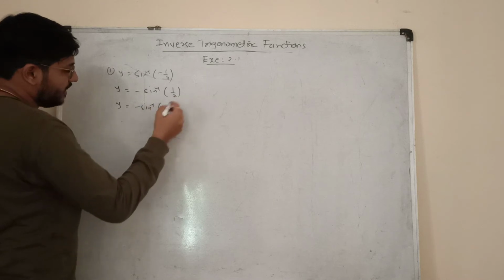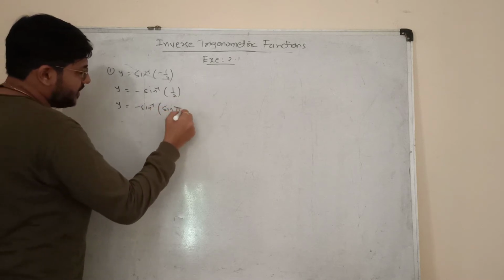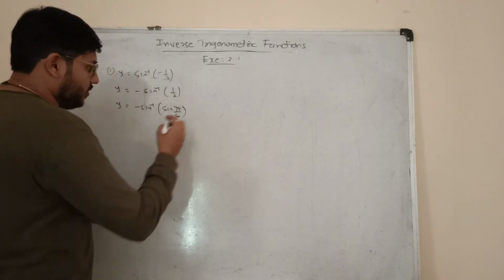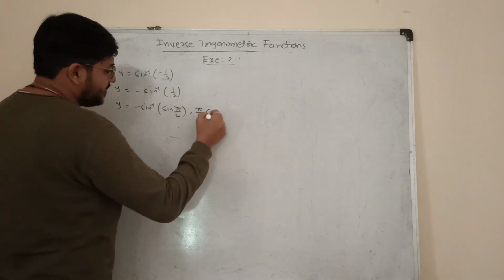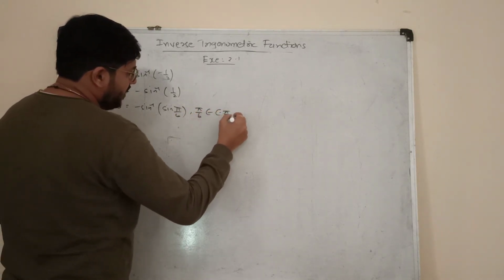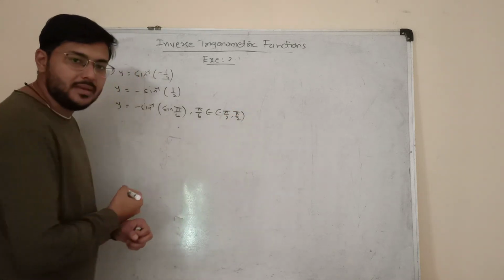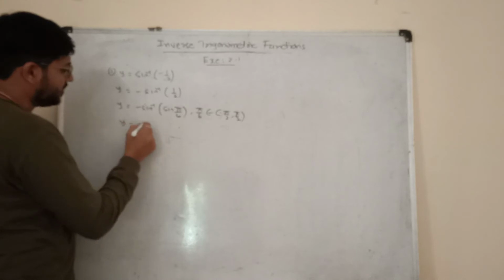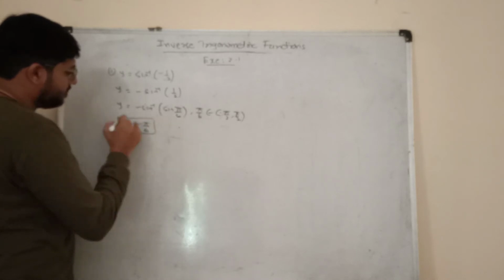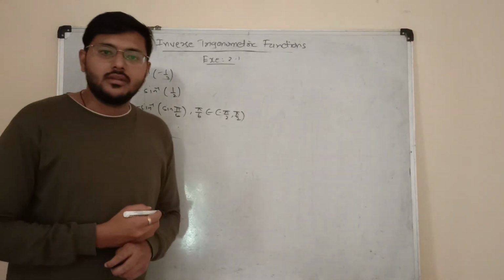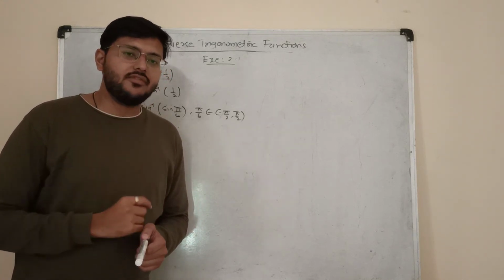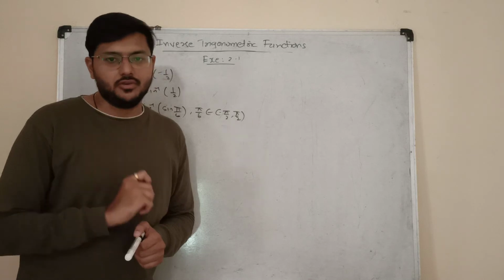Or instead of writing the direct answer, we know that it's pi by 6, sin pi by 6 for the 1 by 2 value. The only reason I need to put pi by 6 is what? Pi by 6 is between minus pi by 2 to pi by 2. And now according to the property, inverse and function cancel, hence your answer is minus pi by 6. Right? So majority times this type of questions will be asked in the MCQs only.